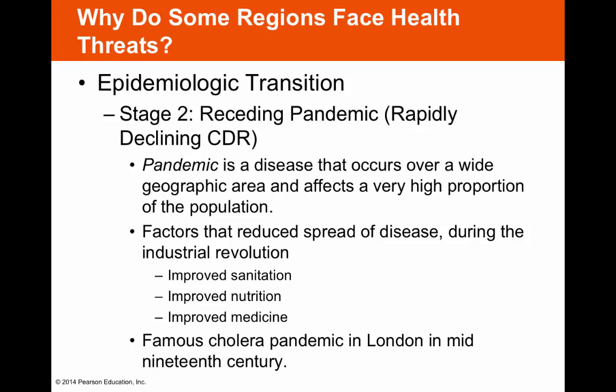So this is diseases that are starting to go away, a rapidly declining crude death rate. A pandemic is a disease that occurs over a wide geographic area and affects a very high proportion of the population. Factors that reduce spread of disease during the Industrial Revolution were improved sanitation, improved nutrition, and improved medicine. As people are becoming urbanized, as people are moving into cities,